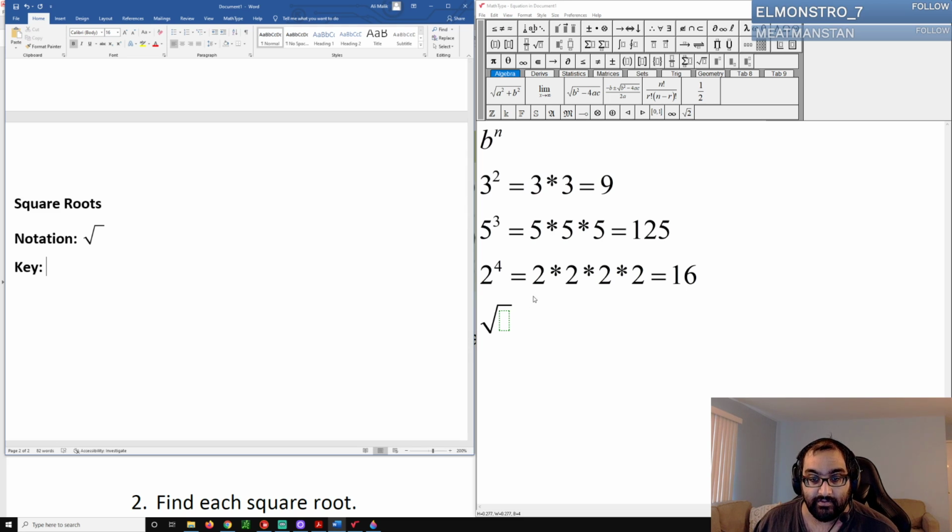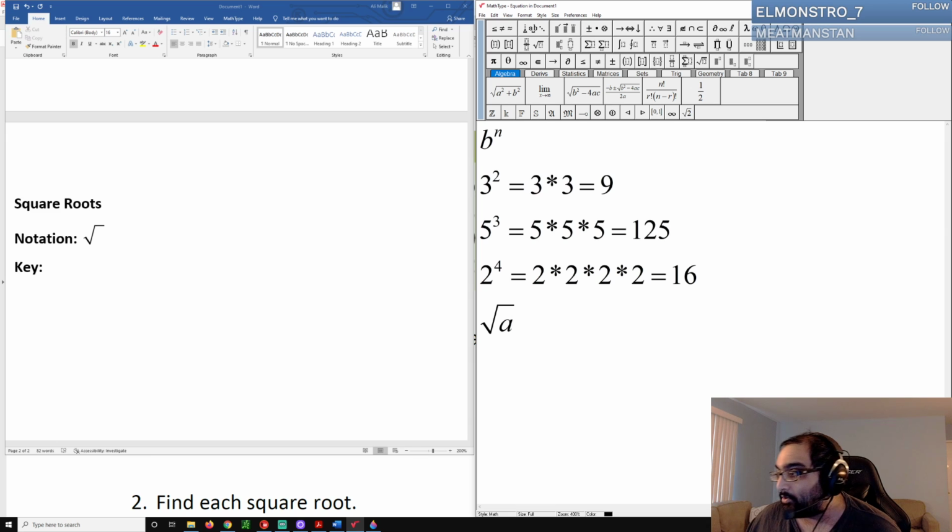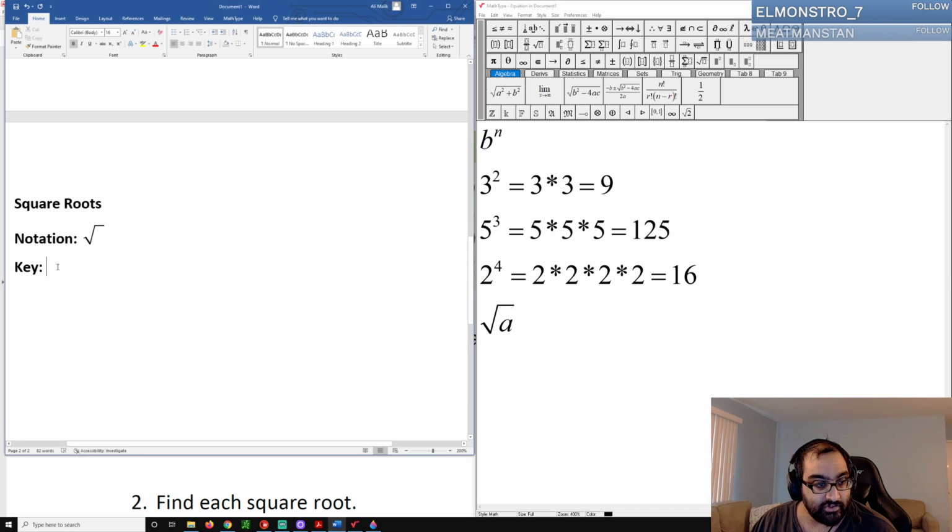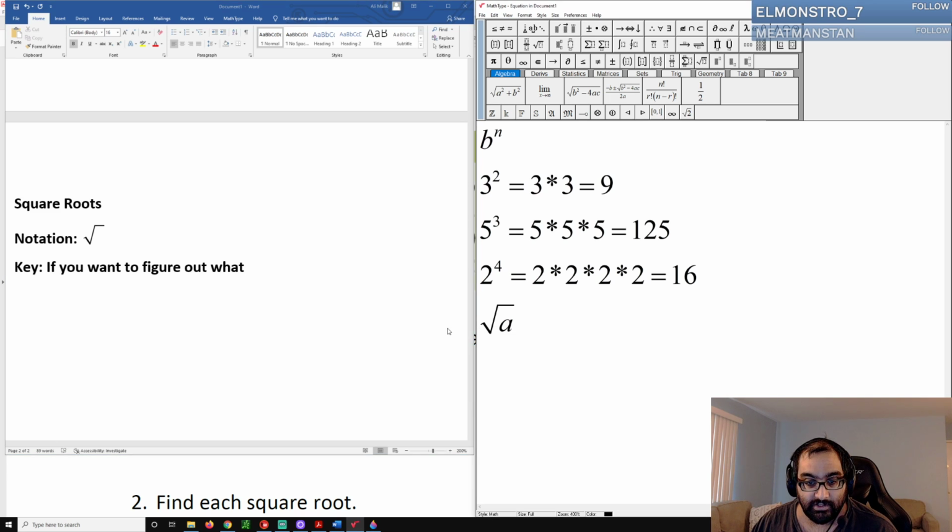If I have, say, the square root of some number a. I don't know what that number is, but it could be some random number for all we care. All right, so if you want to figure out what the, let's say in this case,